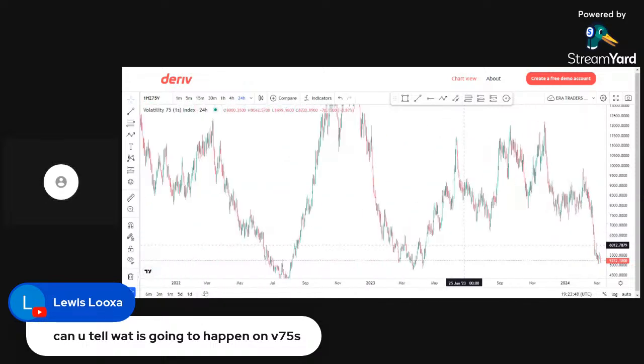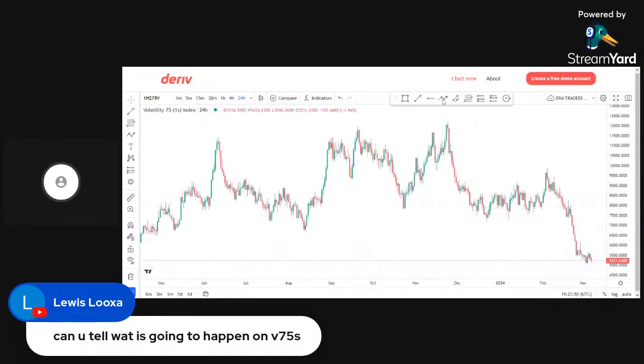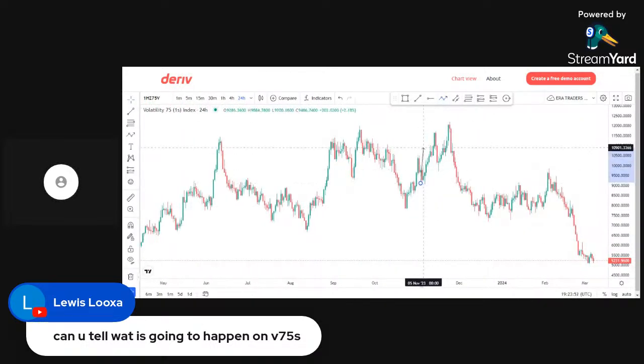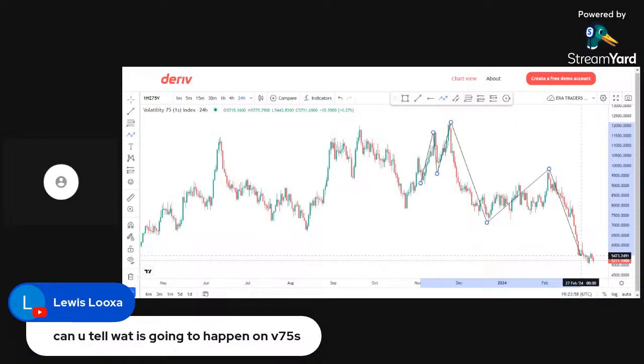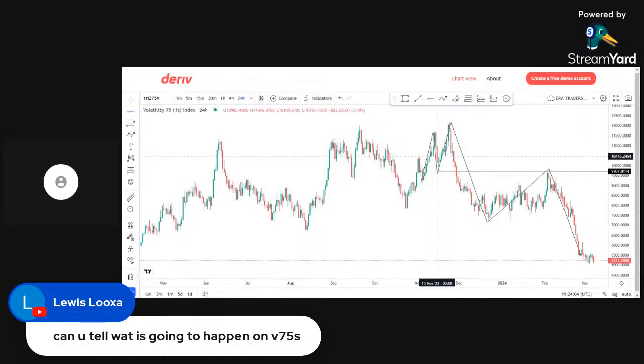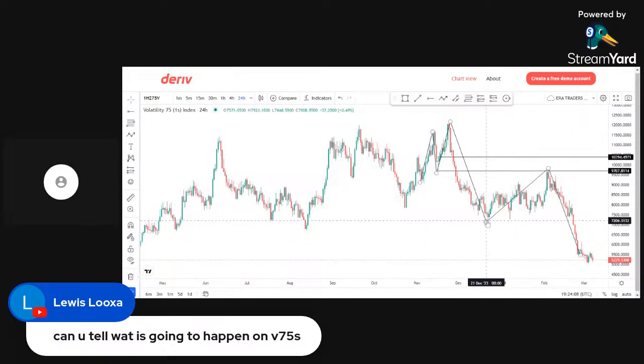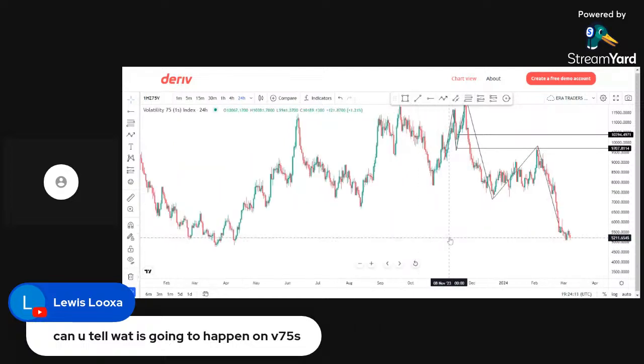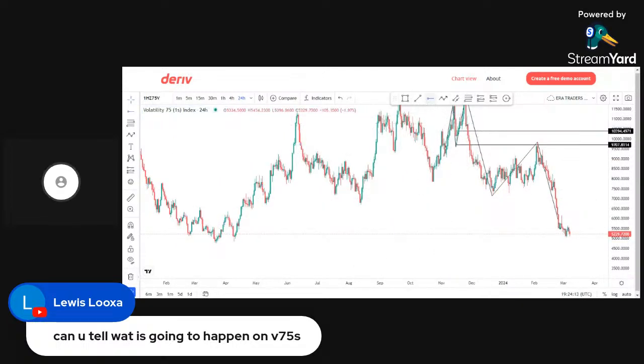Can you guys see my screen? All right, so this is a clear example of a breaker block that made price come all the way down here, because price came into that breaker block and sold. And see this block here, that's a buy candle. That was why price moved all the way down. That's a breaker block. All right, so currently, market will definitely trade into external range liquidity,